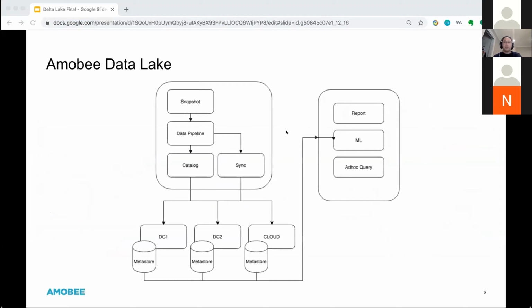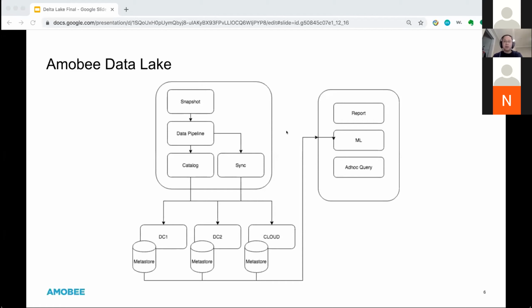How does our data lake look? In the end, we built our data lake on top of Spark and Hive. It has several components. The first one is the data pipeline service. We set up a generalized data pipeline service on top of Spark. It can read in a configuration, and it uses the flexibility of the Spark API to set up a new pipeline. It is quite generalized, and it can read many different kinds of data. It can reuse many Spark lower level APIs.